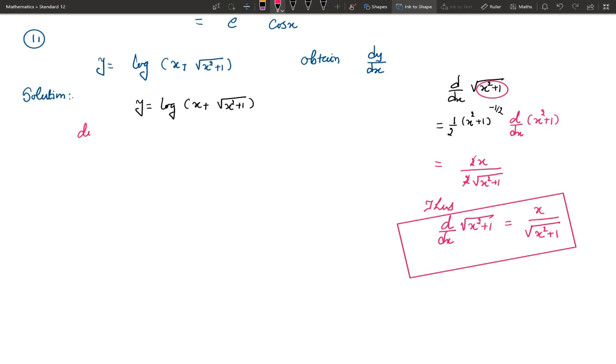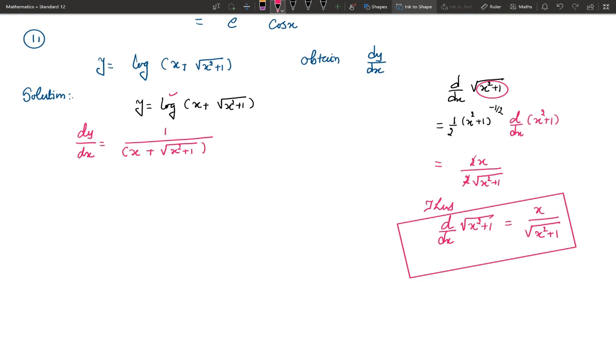So dy by dx: first derivative of log x is 1 upon x, so using this formula, it is 1 upon x plus under root x square plus 1